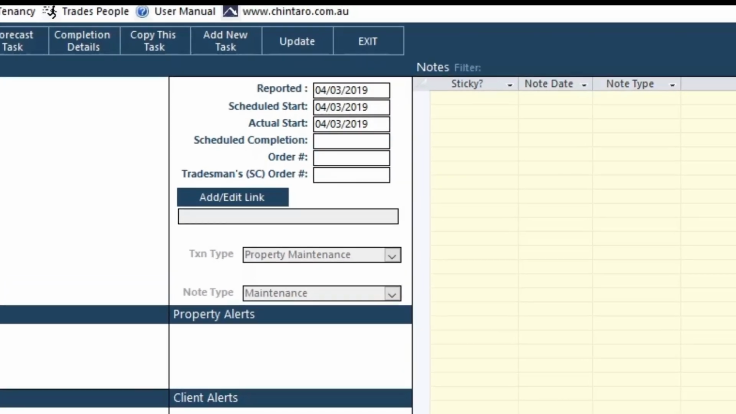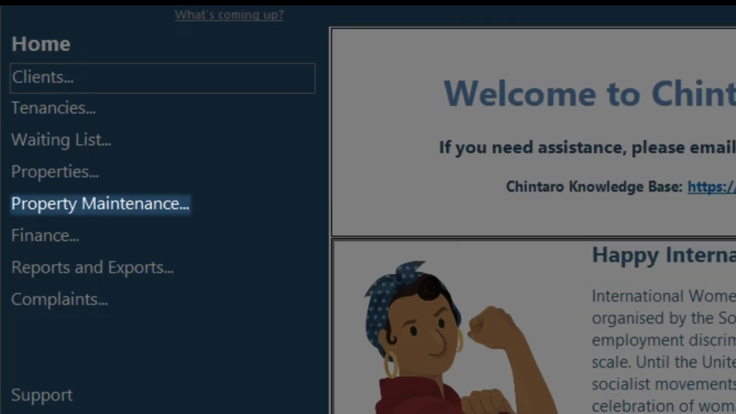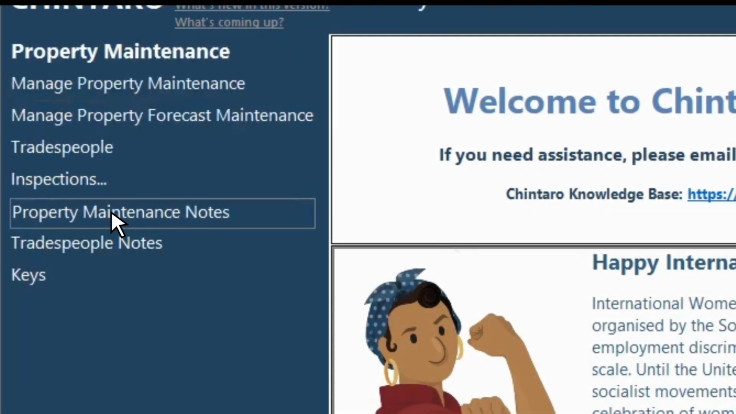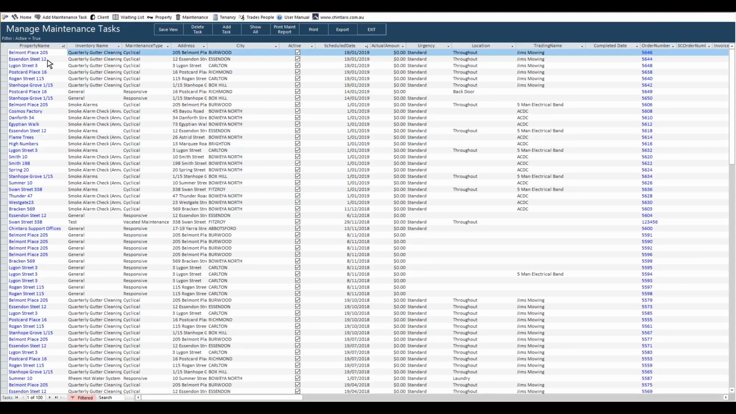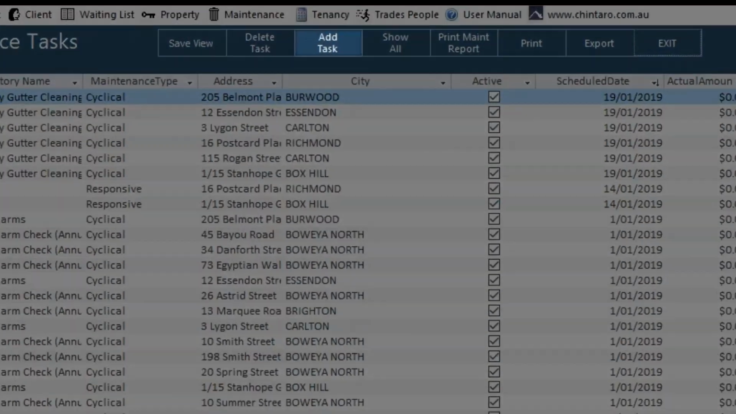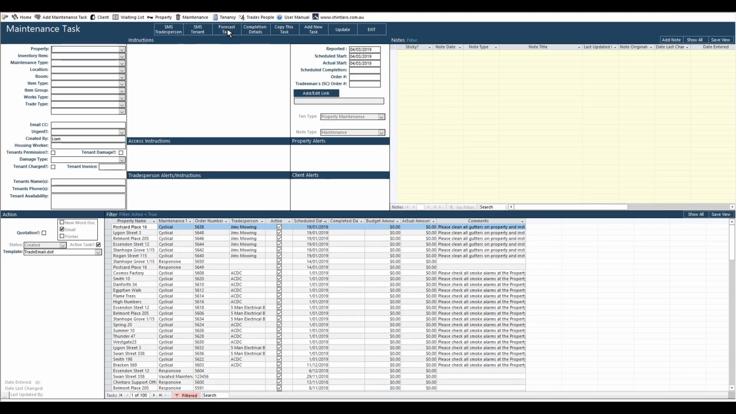If we close this one for a moment, we can go back to the home screen and look at another way to open a new maintenance task. Click on Property Maintenance in the main menu, then click Manage Property Maintenance, which opens up our maintenance search screen. We can click the Add Task button at the top of the screen here and a new maintenance task screen